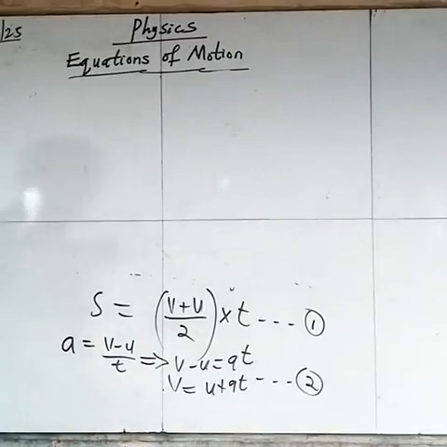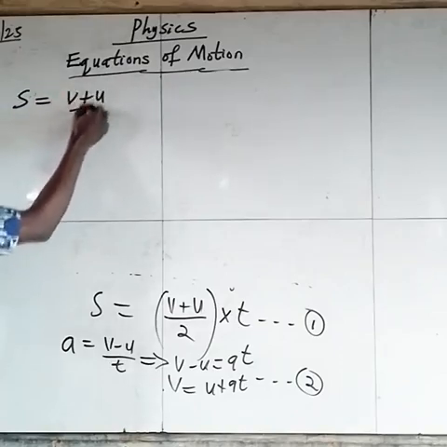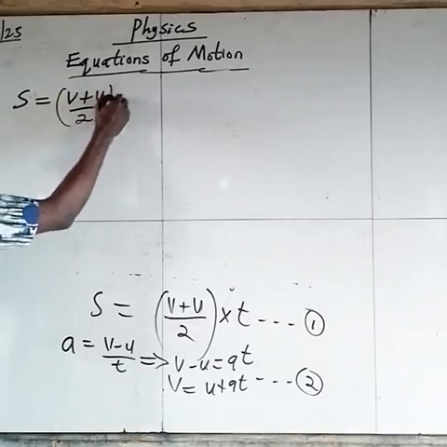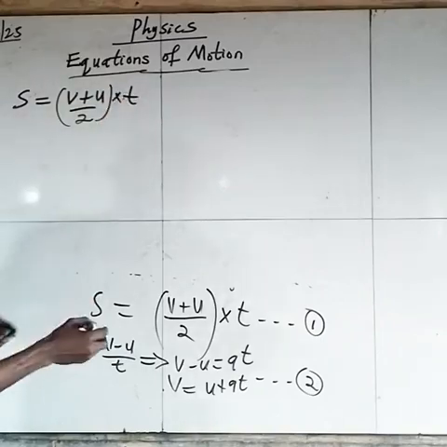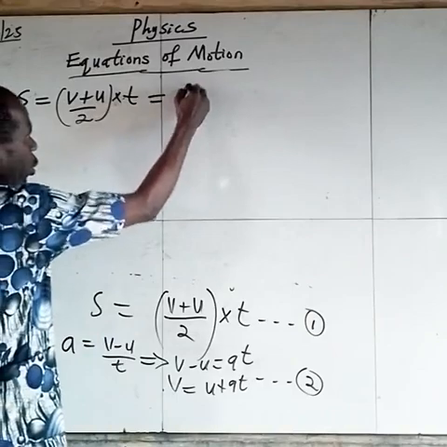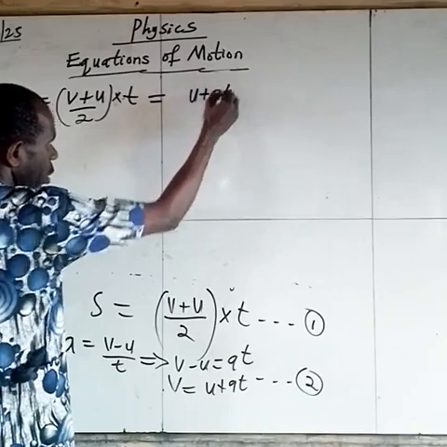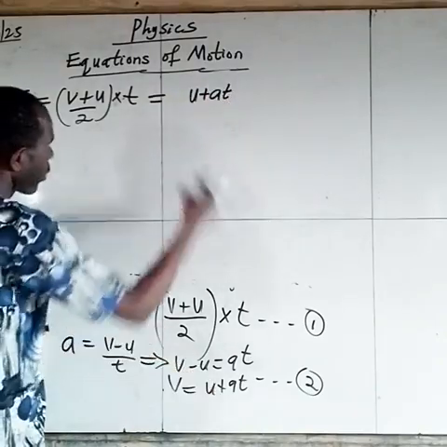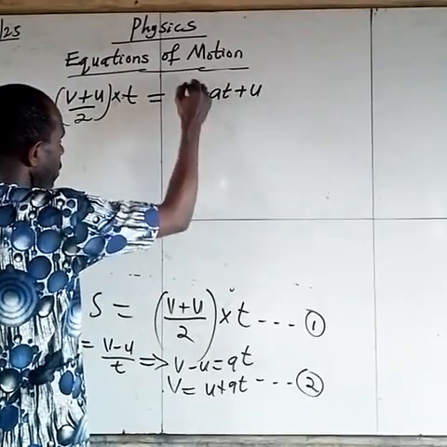So from that equation 1, we are told that s equals v plus u all over 2, then multiply by t. Okay. Now, we are going to replace this v by u plus at. Then, we already have u here, plus u. Remember,